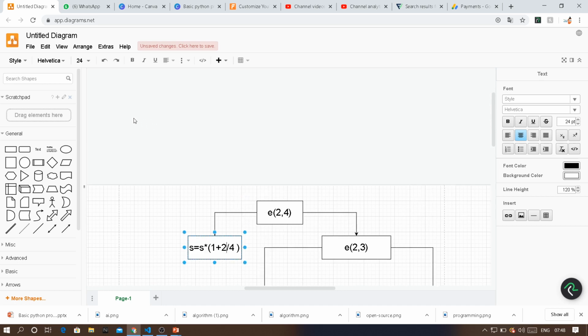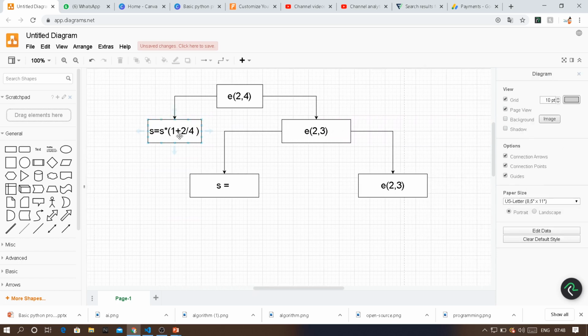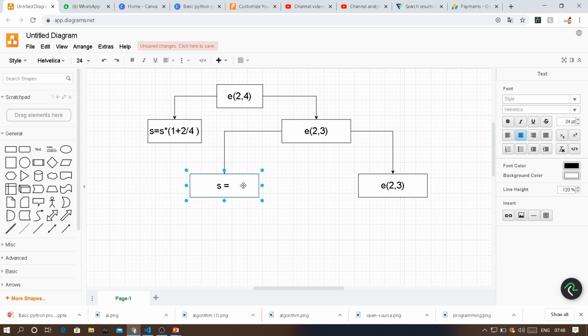Now s will not be having 1 actually. Instead of s having 1, s will be having a new value, which is due to the expression we have given here. With that new value, just listen to what I'm saying. With that new value, we are going to multiply s by 1 plus x, which is 2 divided by 3. Okay, why are we doing 2 divided by 3? Because here the new n value is 3, so we are doing 1 plus 2 divided by 3.